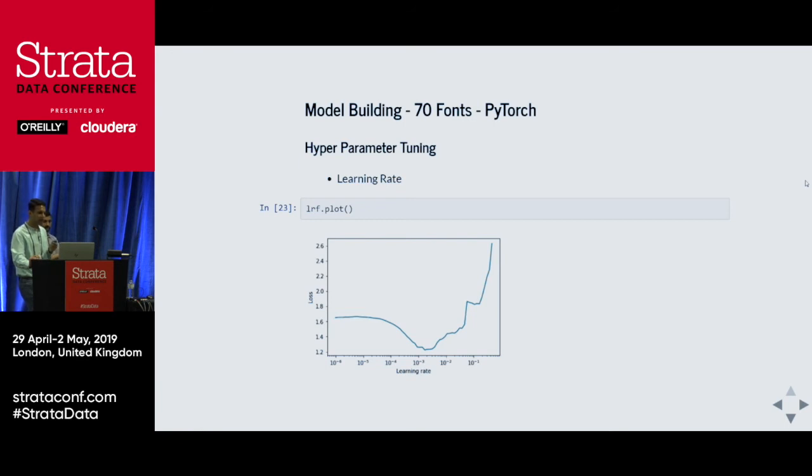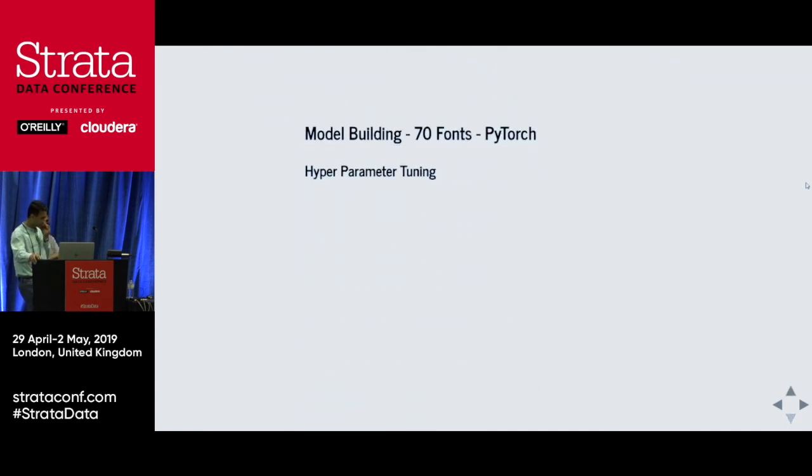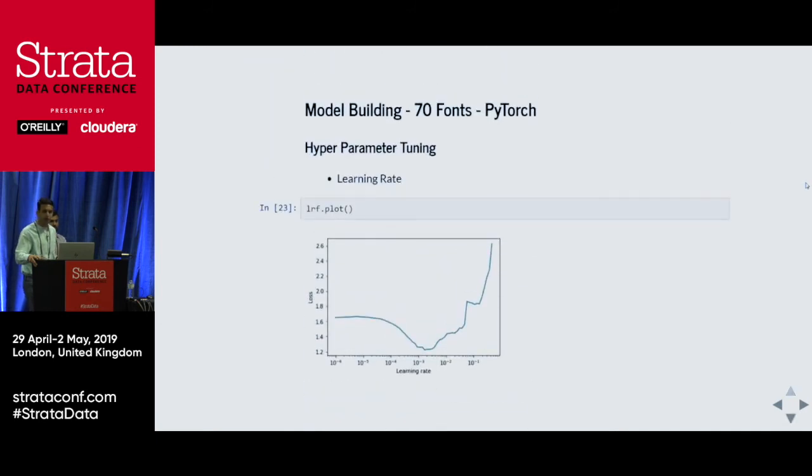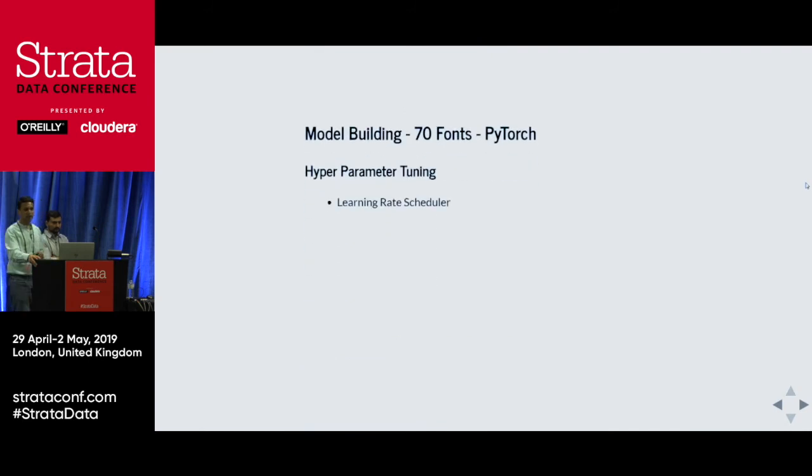There are various ways to work with learning rate, and this introduces a very important concept called the learning rate scheduler. As you see from this plot, as a normal person working with a problem at hand, how would you know what the appropriate learning rate to choose is? A learning rate scheduler actually helps you get there.